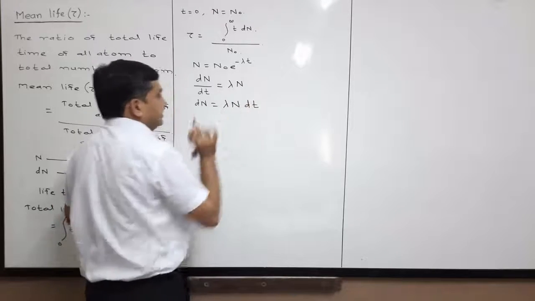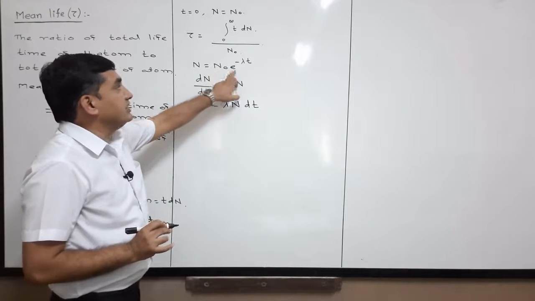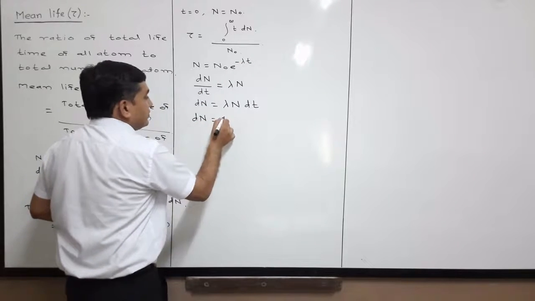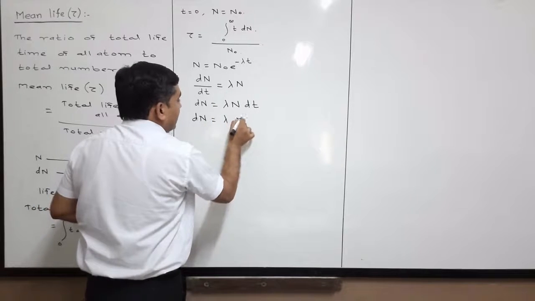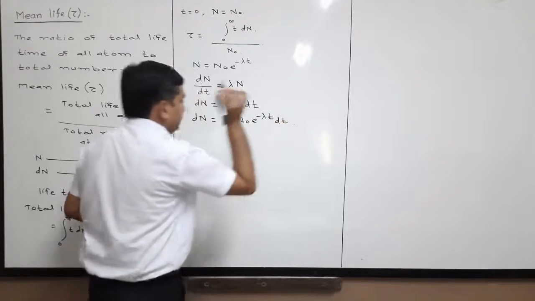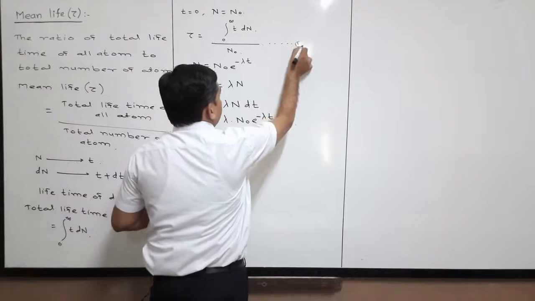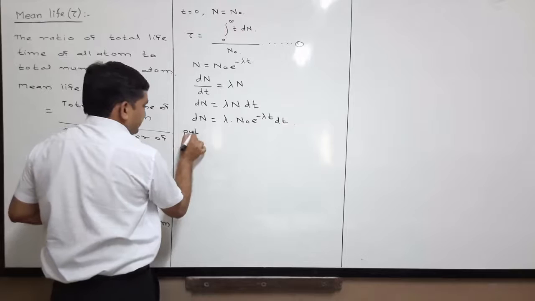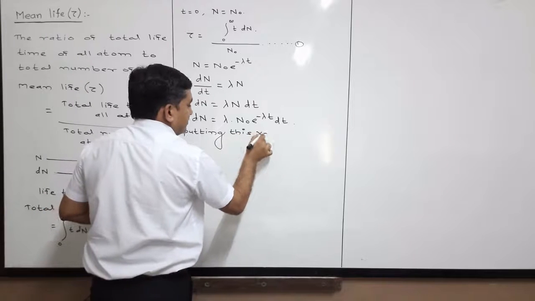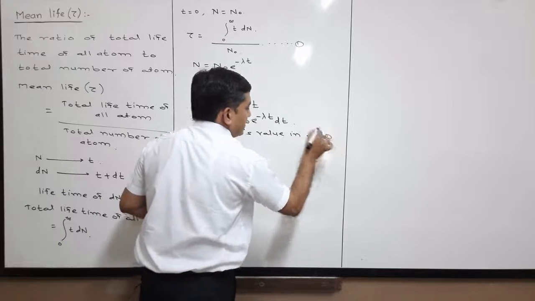But N is N0 e raised to minus lambda t, and therefore we can write dN is equal to lambda N0 e raised to minus lambda t dt. This is dN; let us consider this as equation number 1. Putting this value in equation number 1, we get